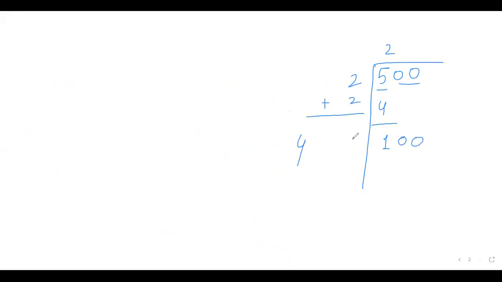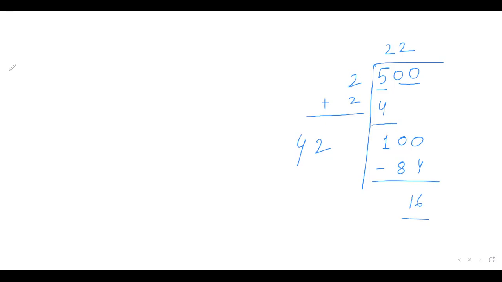So I have to find by long division method the remainder. Making the pair of two digits, 2 2s is 4, 5 minus 4 is 1. Now 2 plus 2 is how much? 4. Now I am writing the rest of two digits. Here I will not go to the higher one. I will restrict myself to 42, 42 twos are 84. So I will be restricting myself to the lower number. If I subtract, I came to know that the remainder is 16. So 16 students will be left over.